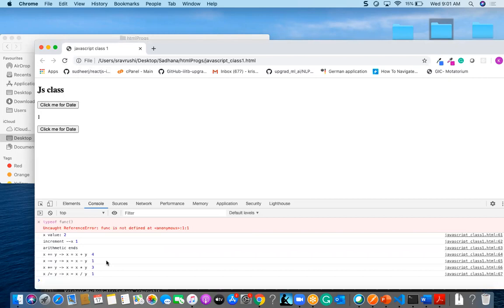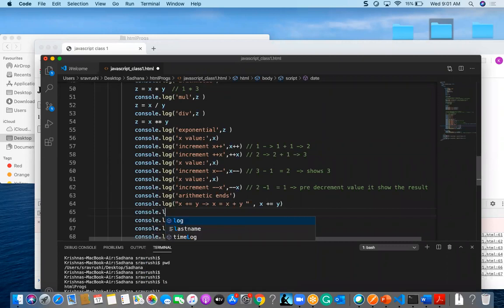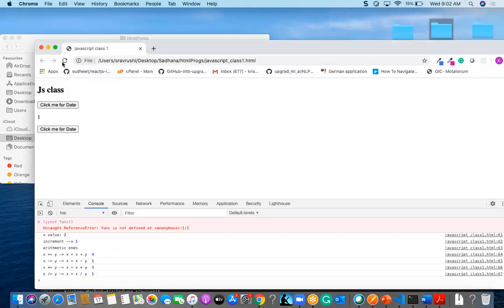First one is 3 plus 1, it is 4, and the next one is 3 minus 1. I will take the value of this x now and you can find the difference. Now x value is 4 minus y, 3, it is 1.